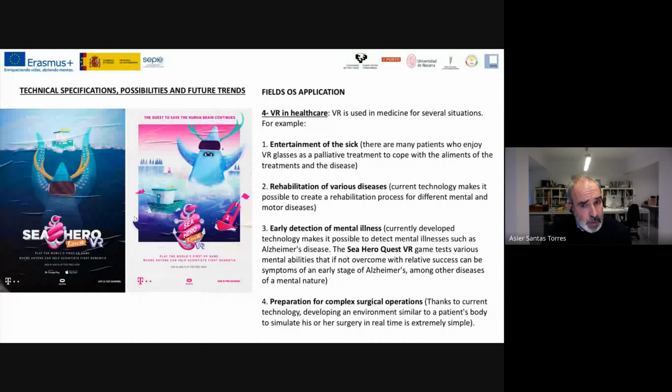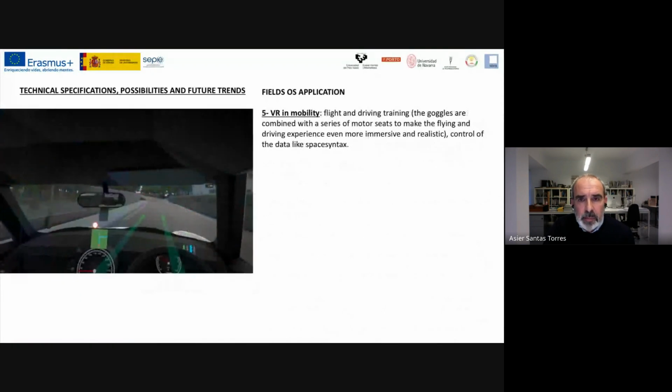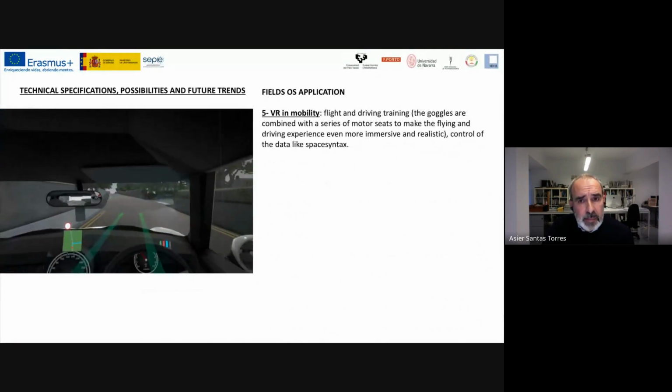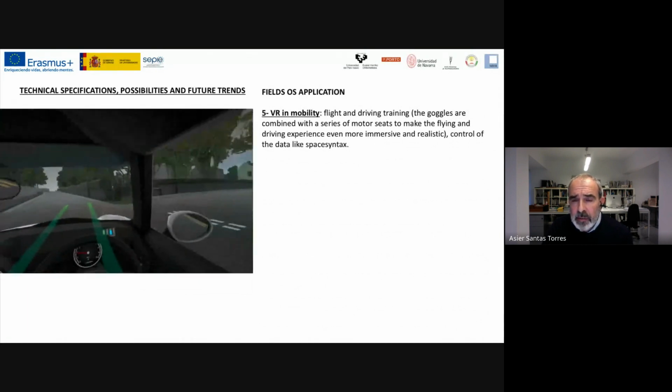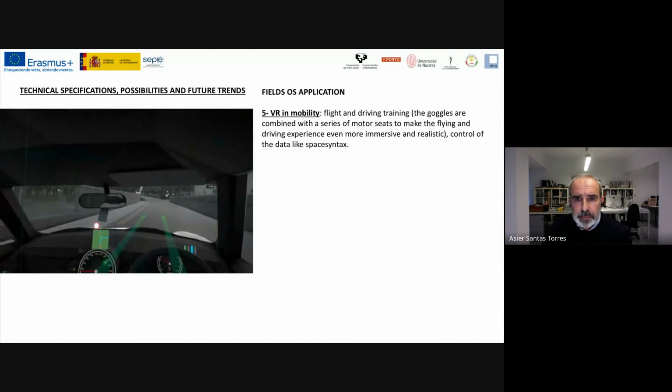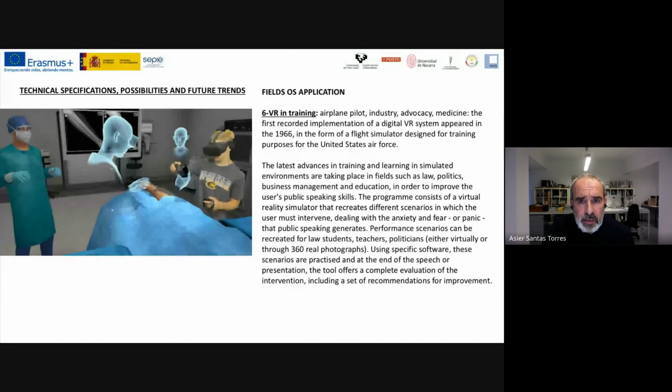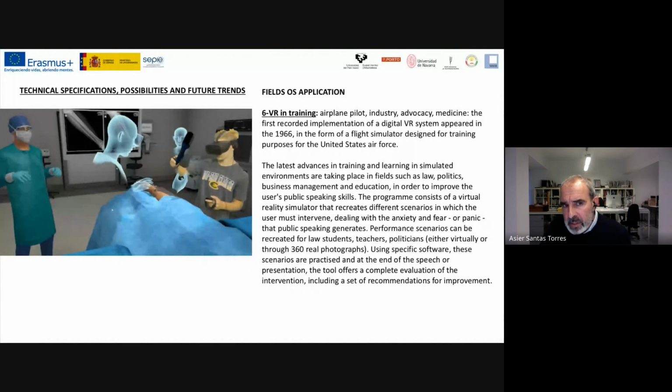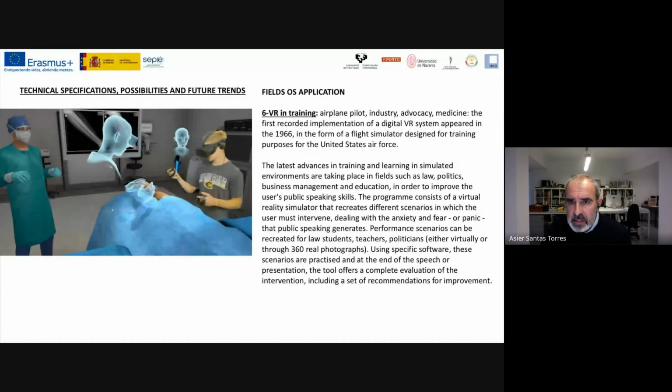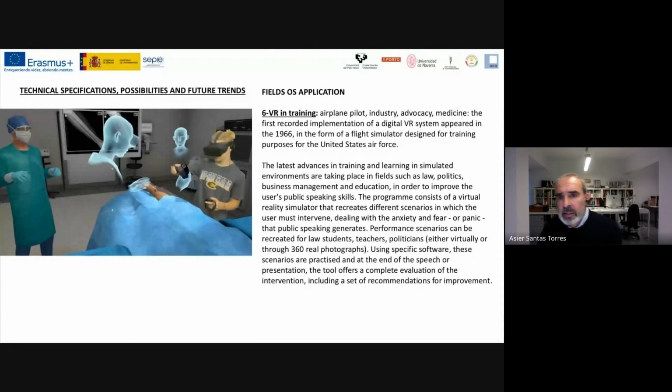But also the virtual reality can be used to prepare complex surgical operations, thanks to current technology developing an environment similar to a patient's body to simulate his or her surgery in real time. Virtual reality can be used in mobility, in flight and driving training, and in training, we started to use the virtual reality in the 60s, as you've seen